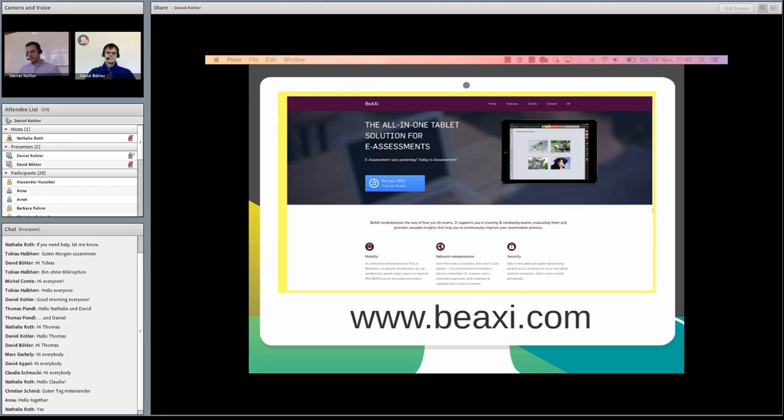Okay, now that we're using this BeAXi system, it was quite important to us to know what the students actually think about the system in general, about the iPad client and the digitalized assessments in general. So before we actually had the pilot project with the exams, we offered the students the possibility to actually test the application.